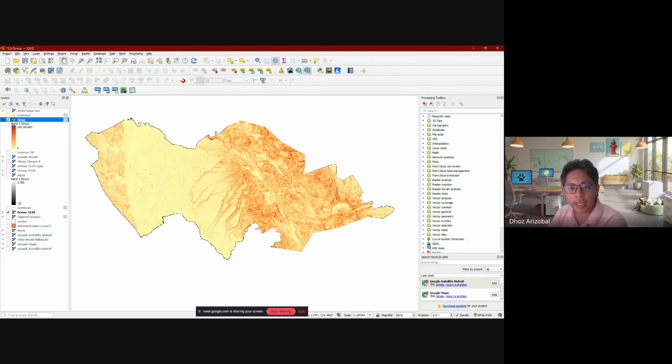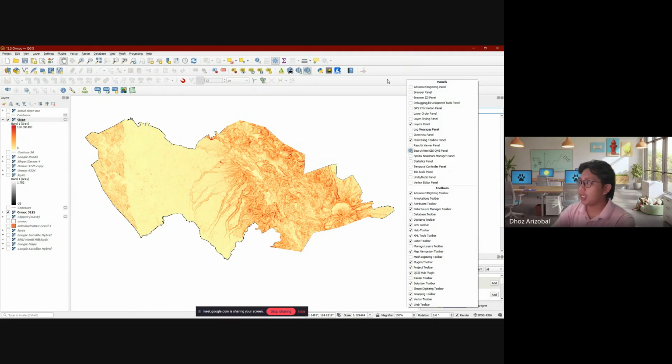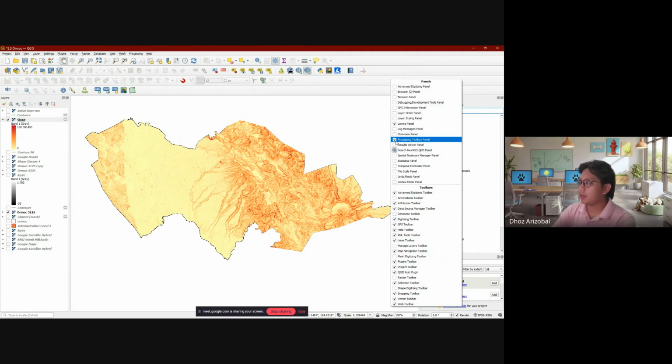On your exercise guide, I've attached a classification table, so you can apply a sort of sorting. How to do that is you go to your processing toolbox. If the processing toolbox isn't there, right-click and find the processing toolbox panel.